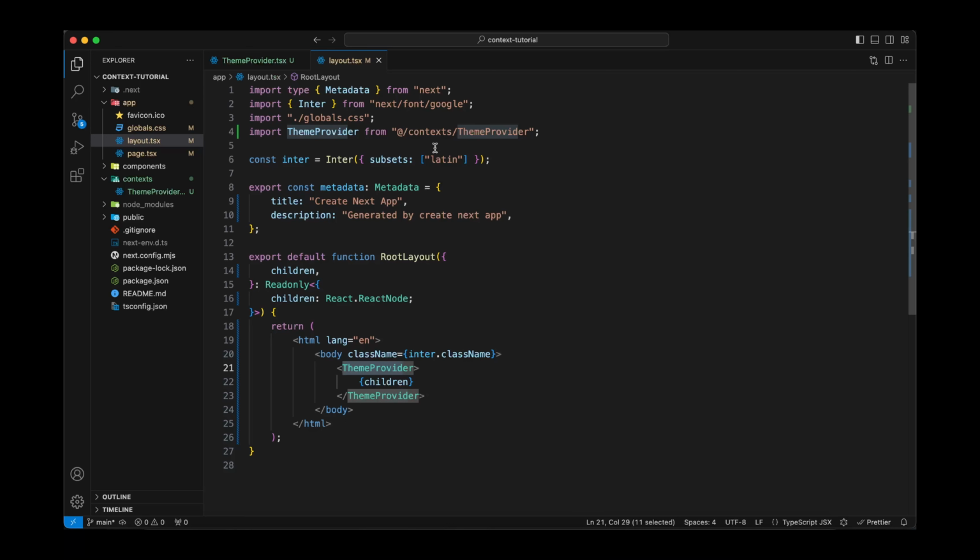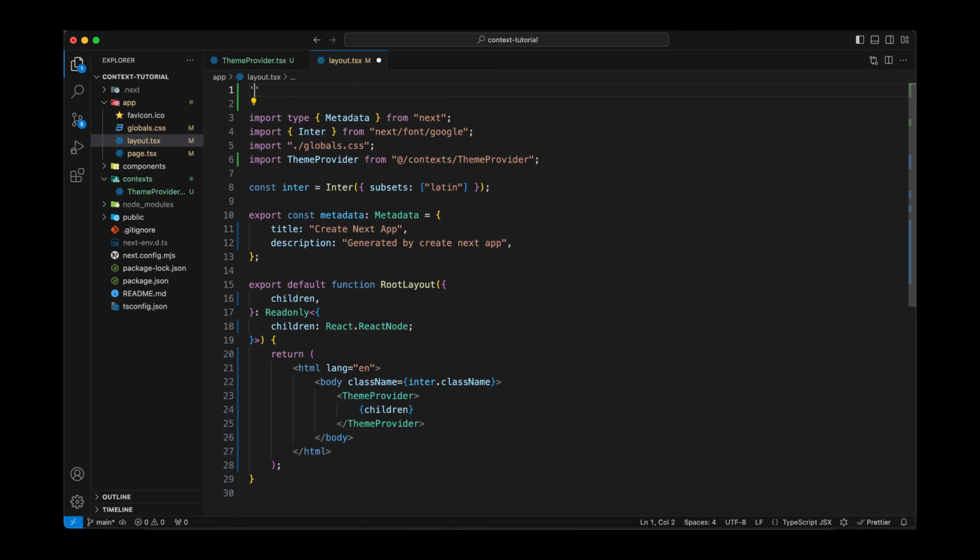The reason is, this is the parent layout, right? So when you convert this parent layout into a client component, that means all the children that this layout will render will also be rendered on the client side, not on the server side. So the whole app will become basically a React app. So I can also quickly show you what I mean. So if I convert it into